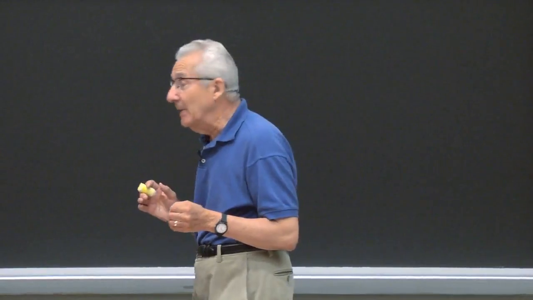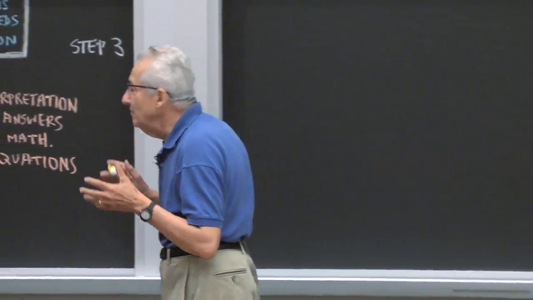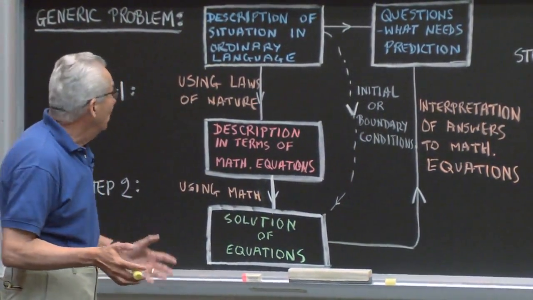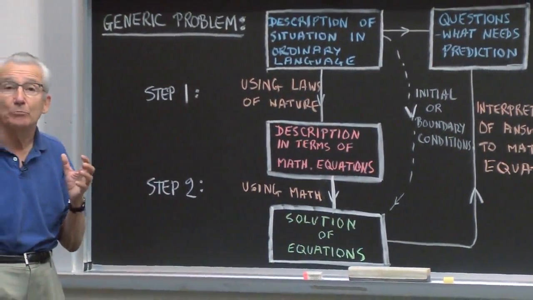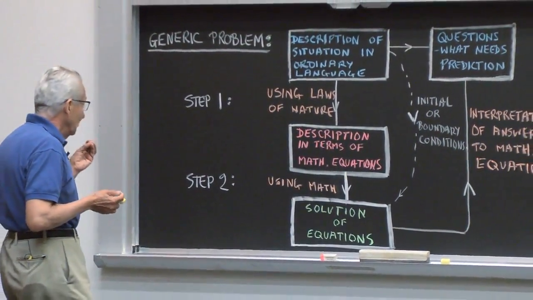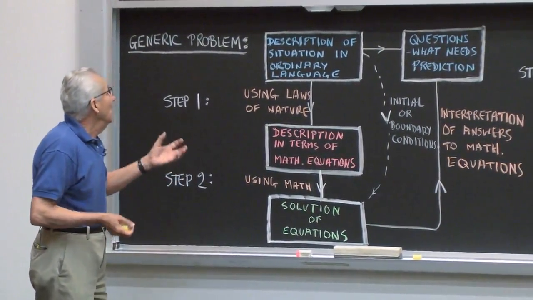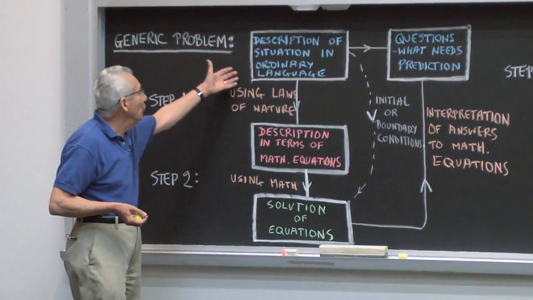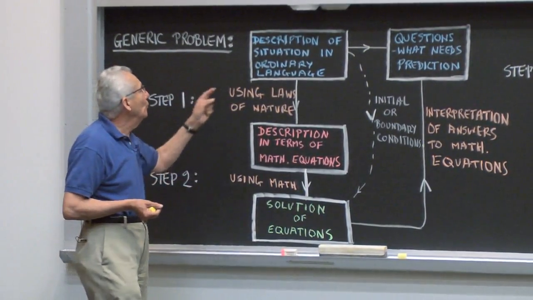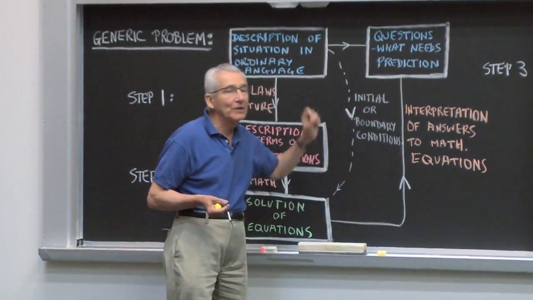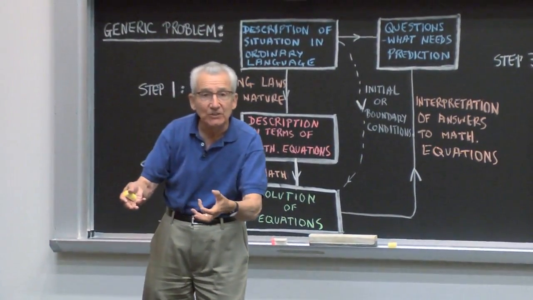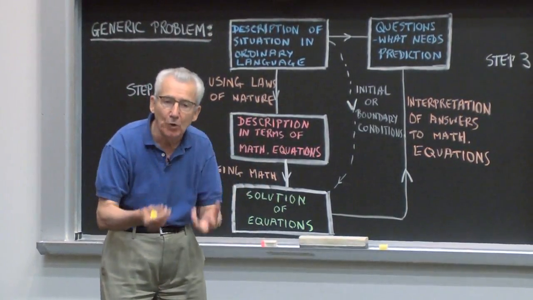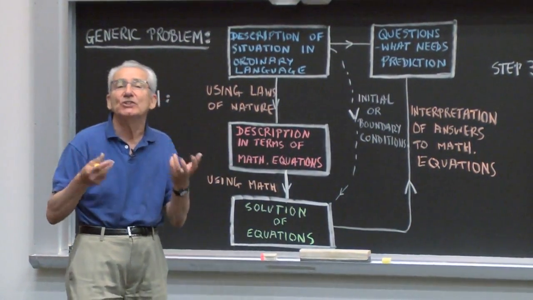It's to do with the scientific method, and I would want to briefly remind you about how we are solving problems. Here is a diagram of a generic problem. What does it consist of? A typical problem is we are told of a physical situation in words, ordinary language. And in ordinary language, we are asked questions about, given that physical situation, what will happen as a function of time? What kind of a motion it has? Questions of that kind.